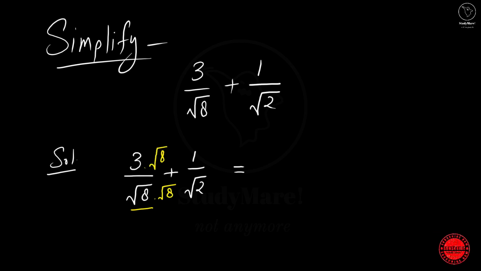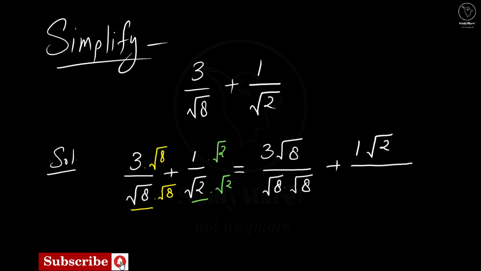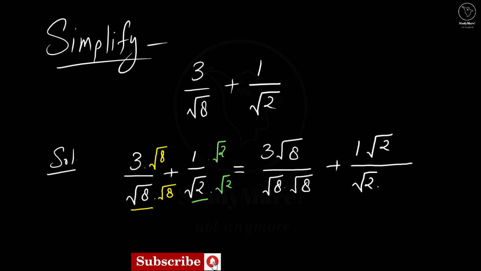also. Same way, in the second term, you see we have root 2. So the rationalization factor for this is root 2, and here we have to multiply the same in the numerator to keep its value the same. So we get 3 root 8 divided by root 8 into root 8, plus we have 1 into root 2 divided by root 2 into root 2,